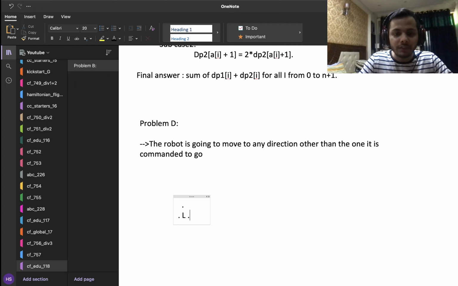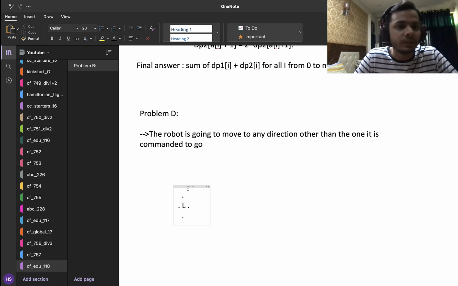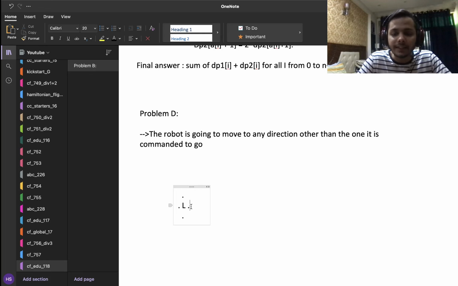There are 4 cells which are surrounding the lab, and let's just assume that all of them are free cells. So it's going to look something like this. All of these cells are free cells and are surrounding the lab. Obviously, if the robot is getting forced into the lab, then he will come from one of these 4 cells, right? So let's try to analyze what happens at this cell. I want to answer whether it is possible that the robot is at this cell, and I give him a particular command and he is forced to move left, because if he moves to the left, then he will reach the lab, right?